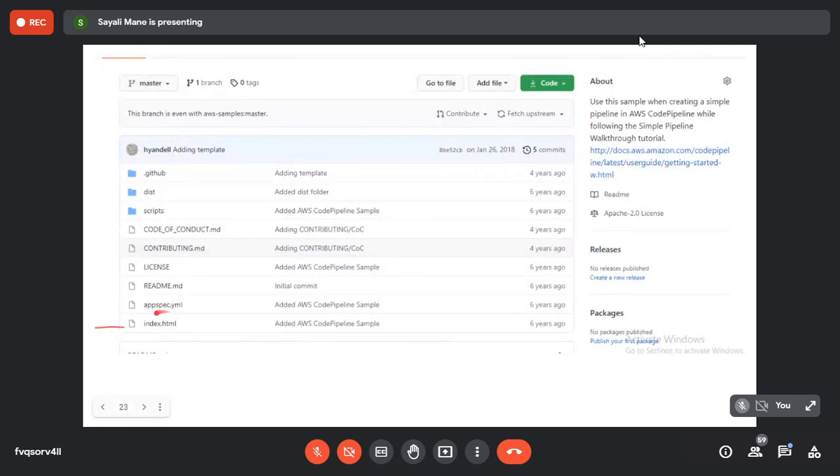Are you getting this file, index.html? Okay. So please take a screenshot of it and highlight this index.html file.